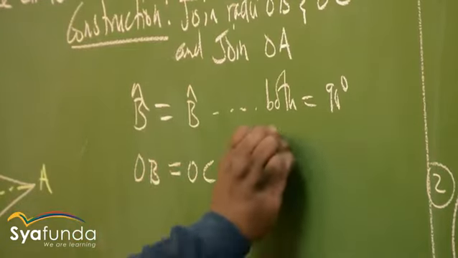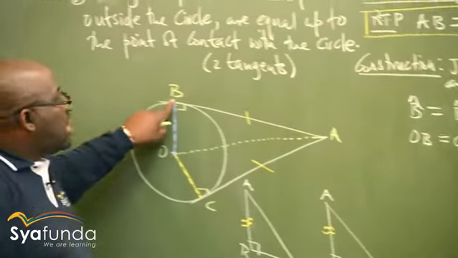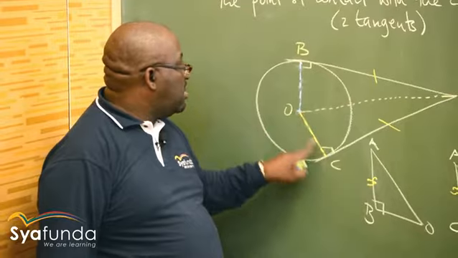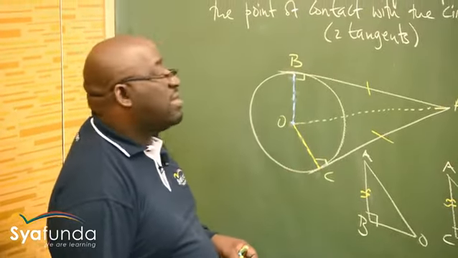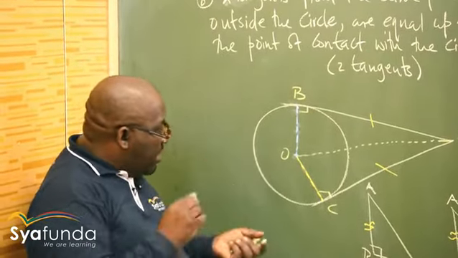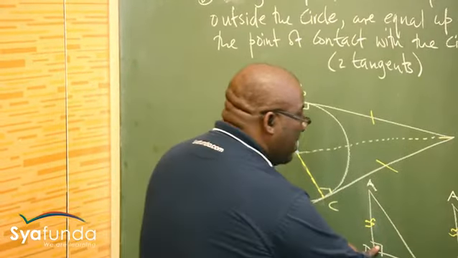They are radii. The distance from the center of a circle to the circumference is the same. This distance up to here is the same as all this distance: radius, radius, radius. So the distance from the center of a circle up to the circumference is always the same in the circle. Right, so at the moment, we've just proved that this angle is equal to that angle, which is